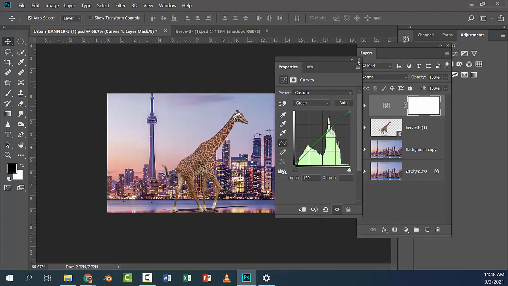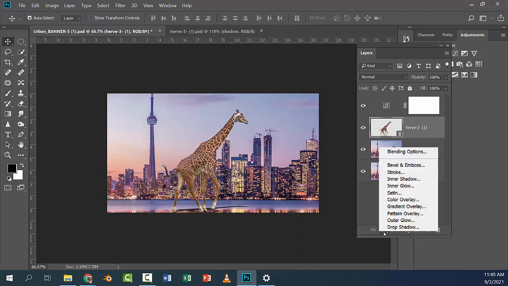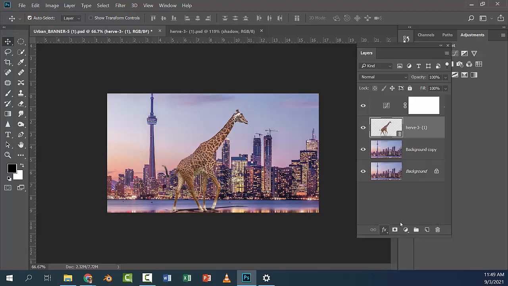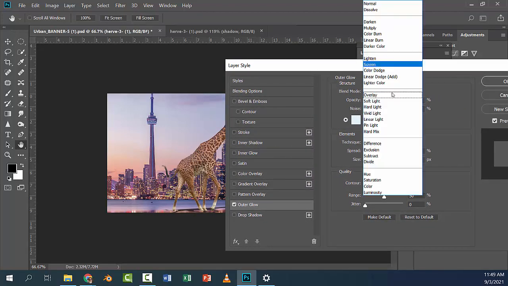Now to make that stand off just a bit more, I'm going to do one more thing, and then we're going to wrap it up. Let's choose the giraffe layer, and let's go to FX. Now this one we've got to be real subtle. If we overdo this, it's going to oversell the effect, and we're going to look fake again. So let's go back to outer glow, and outer glow is an adjustable effect. So we're going to set this to normal